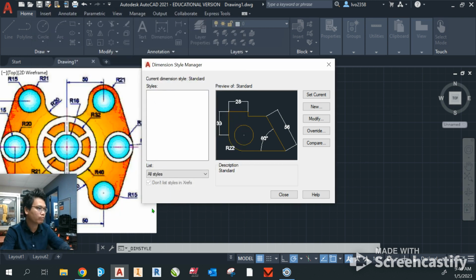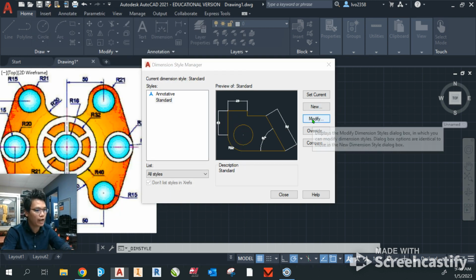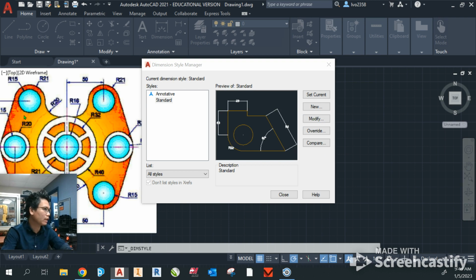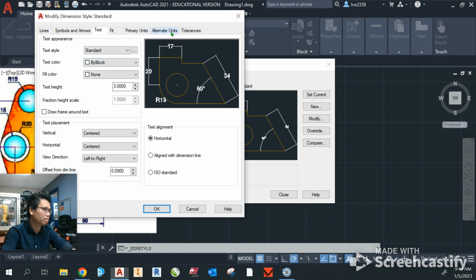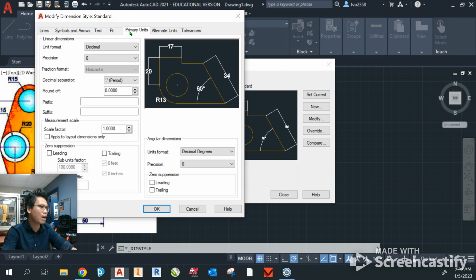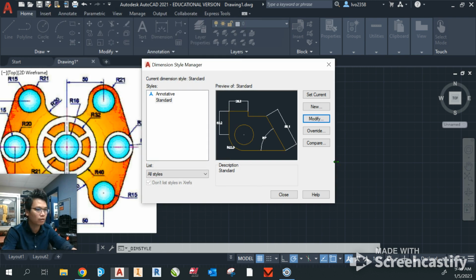I click OK, right? Then another thing that I want you guys to change is based on the number on the drawing that's given to you. You see that it's set R20, R16. There's no decimal at the end here. So we can also go to modify it to make sure that our primary unit also has 0 decimal places. Now, if I want to have 1 decimal place, for example, I do that. Now I click OK,